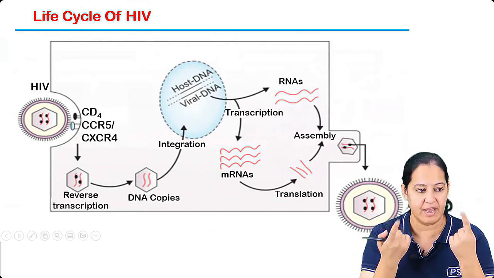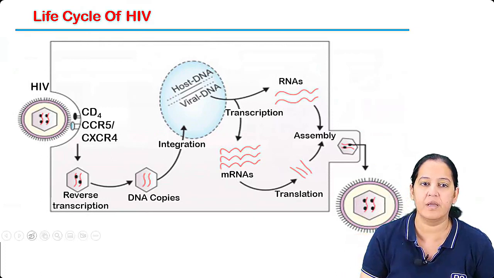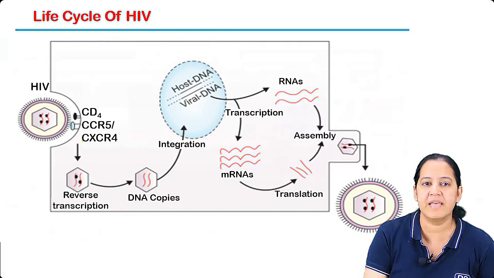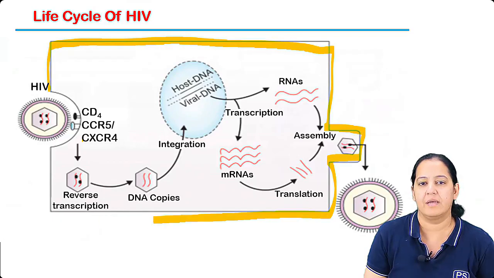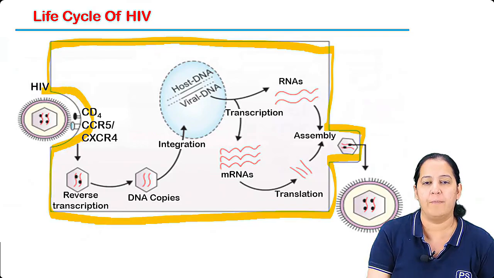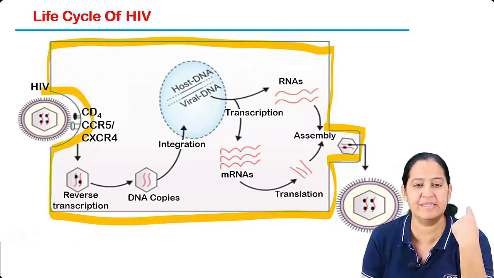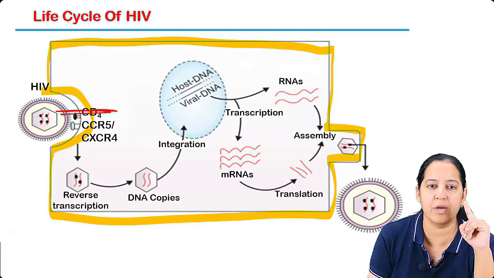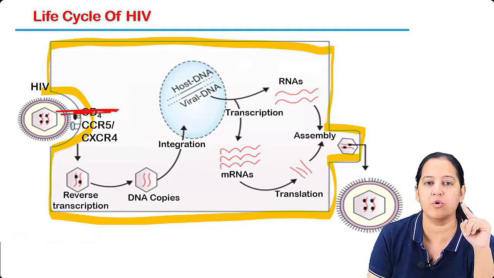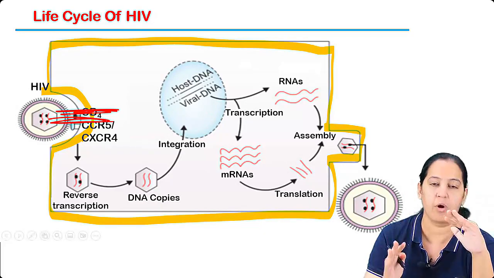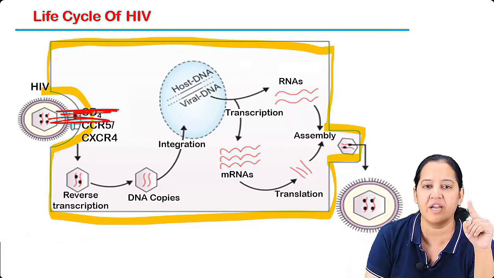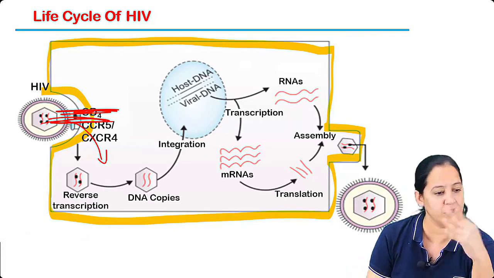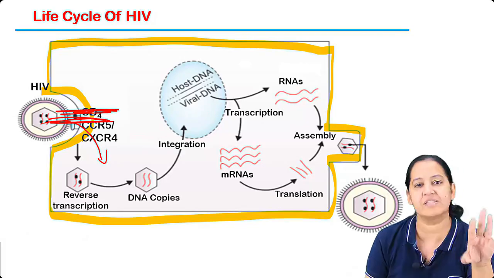Everyone on the screen. Can you see the cell? Okay, let me highlight. Can you see this cell? This cell is CD4 T lymphocyte of the human. Appreciate the virus is coming and binding the cell. So first main bond is formed, you know between what and what. Then co-bond is formed. So first attachment, then fusion. After both the bonds, the virus will penetrate. Say yes. So third step is penetration.